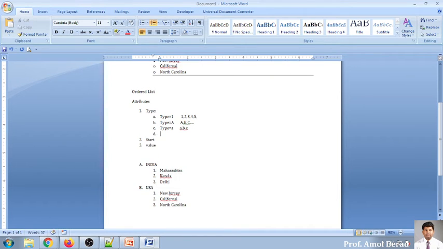The fourth format is if I'm saying type is equal to uppercase I, it means Roman numerals have been specified.